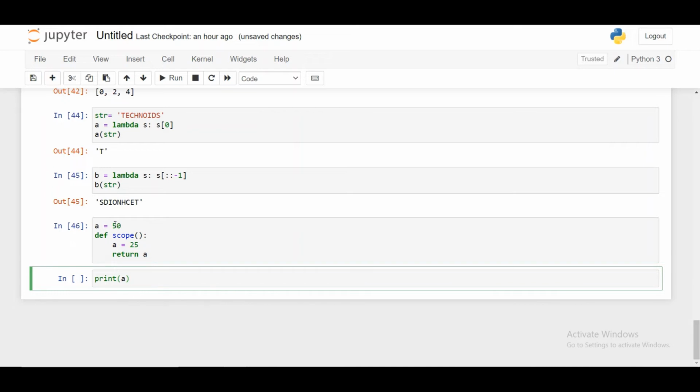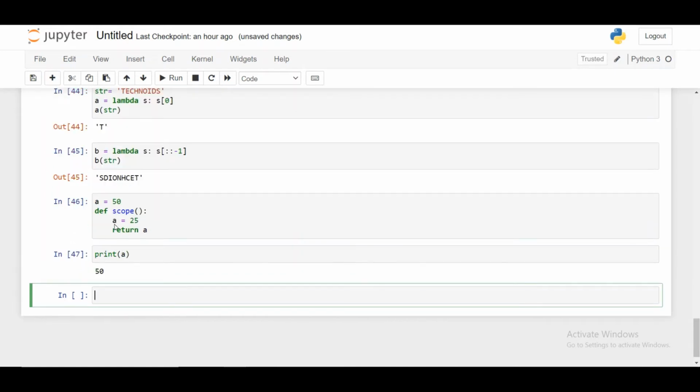Whether it will give me 25 as output or 50 as output. What do you think? I think I will get 50. Let me check. See, I'm getting 50